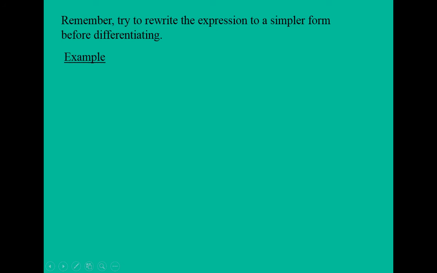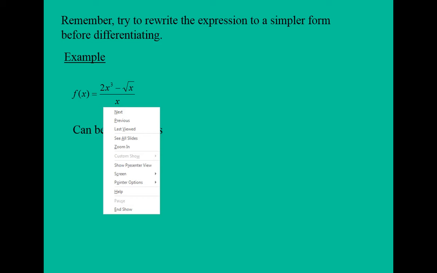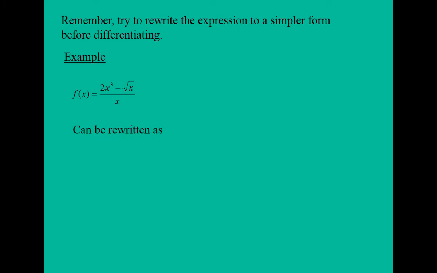So remember, try to rewrite the expression to a simpler form before differentiating. In this example, your first thought may be, we've got to use the quotient rule, but can we simplify this before we find the derivative? We could rewrite this as 2x cubed divided by x minus the square root of x divided by x, which is equivalent to 2x squared minus, now this is x to the 1/2 all over x, which would be 2x squared